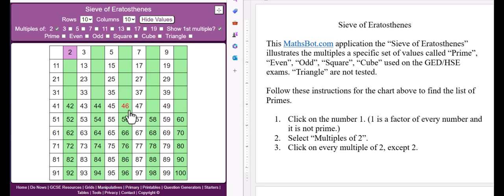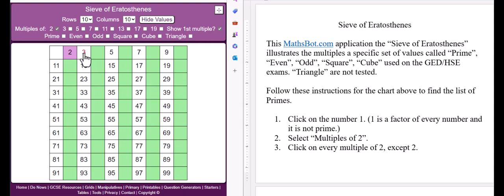This takes a little bit of time. Let me get this done real quickly. Now, as you can see, the only multiple of 2 that we have highlighted is the first one, which is